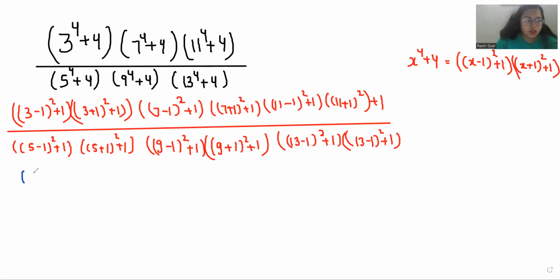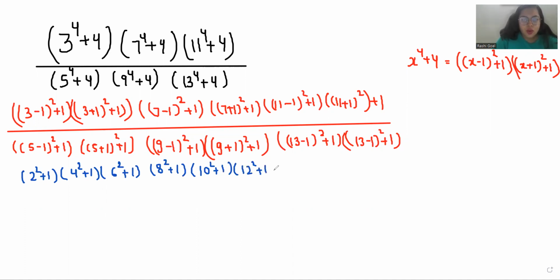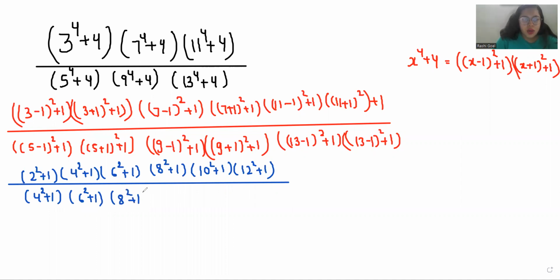Now 3 minus 1 is 2, 2 square plus 1. Here 3 plus 1 is 4, 4 square plus 1. 7 minus 1 is 6 square plus 1, 8 square plus 1, 10 square plus 1, 12 square plus 1, by 4 square plus 1, 6 square plus 1, 8 square plus 1, 10 square plus 1, 12 square plus 1,